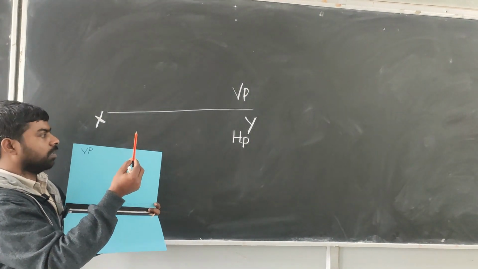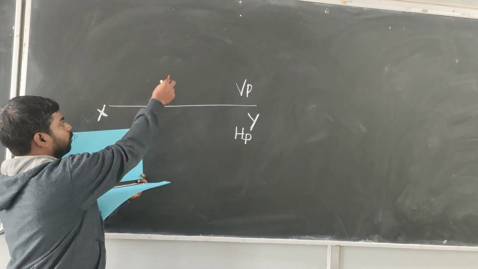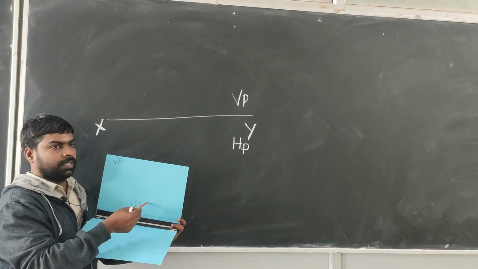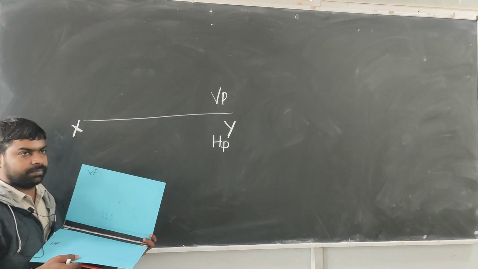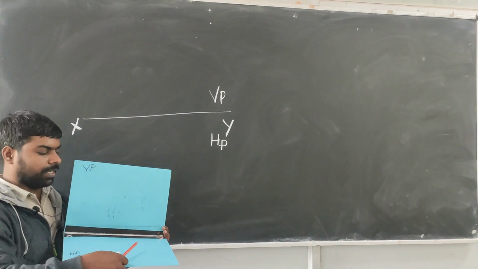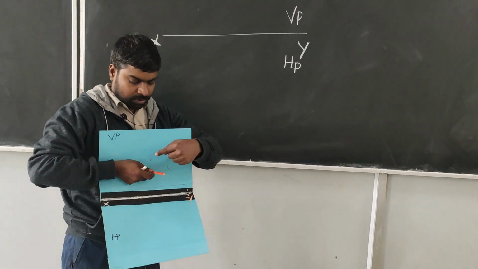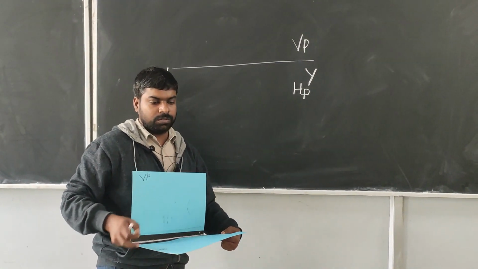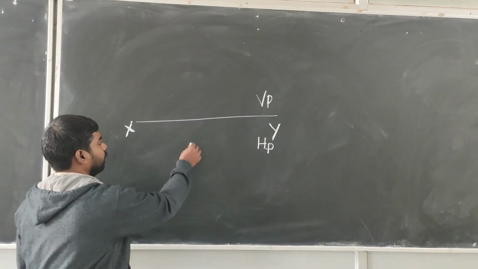So how does it look? The front side view will be a single dot. From the top view, it will be this one, so that we have to make over here. If you have any doubts, just place the object and from the top side put a torch, and you will be able to find the shadow. That's a shadow. The shadow will be like this.